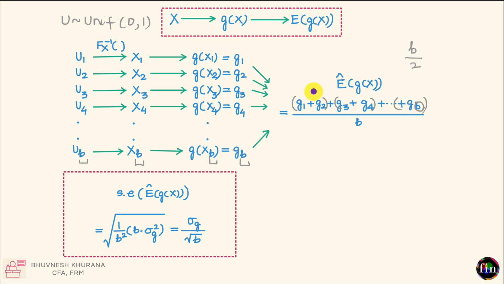Within each replication, we'll have a pair of values of g, and the two values which form a